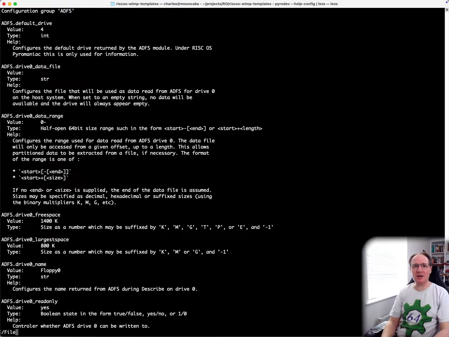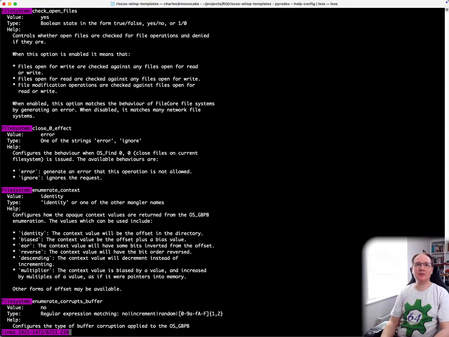Sorry, capital F, FileSystem dot. There we go. So in RISC OS itself, Close 0 would normally close all files, but it can be